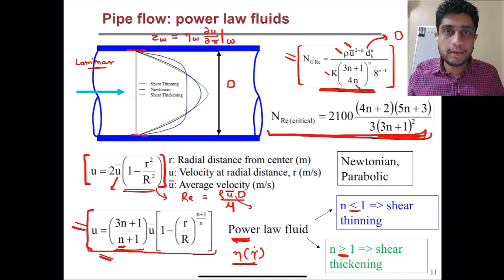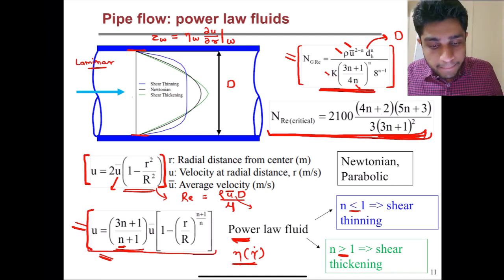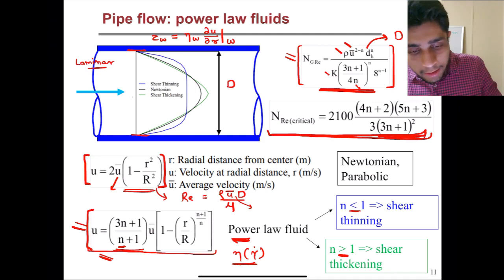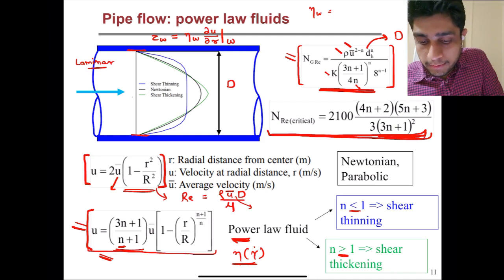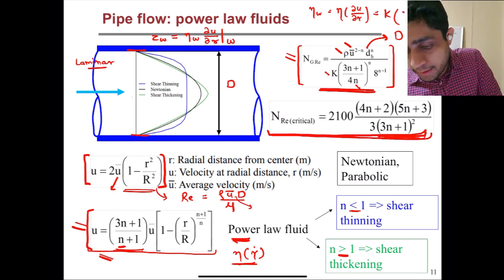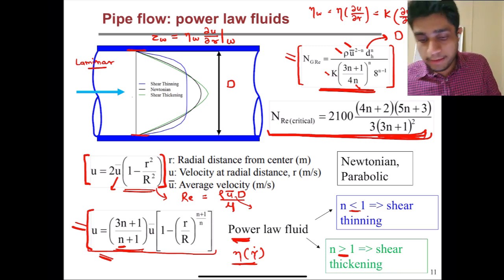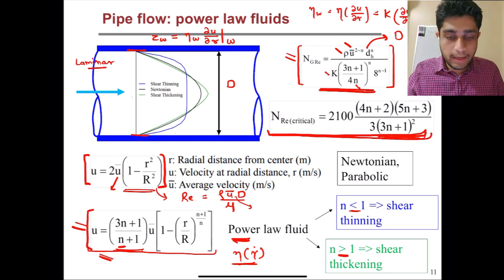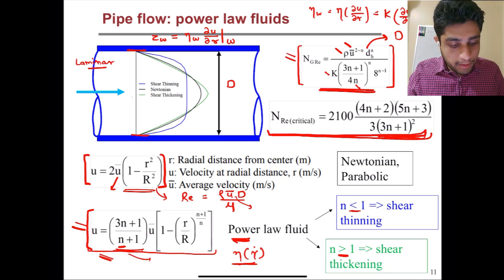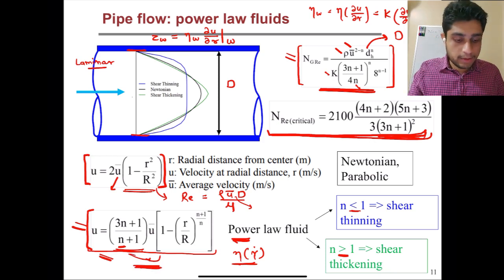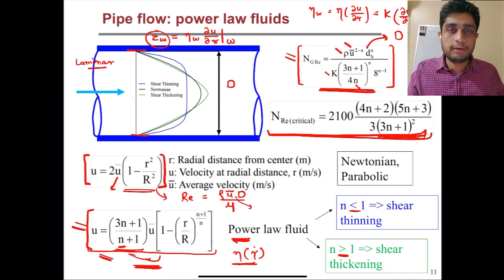Du by dr is basically the velocity gradient, and again the viscosity at the wall will be a function of the shear rate at the wall, right? So it will be a function of du by dr, which, let's say if we have a power law fluid, will be du by dr to the power n. And again, du by dr at the wall can be found by using this velocity profile, and if you substitute them here, you will get the shear stress on the wall, and you can then use that shear stress to estimate the viscous losses.